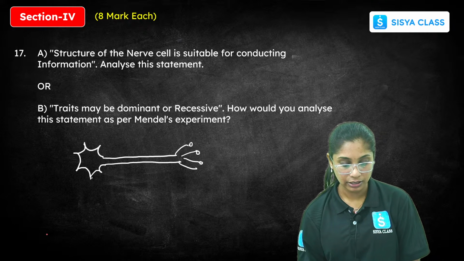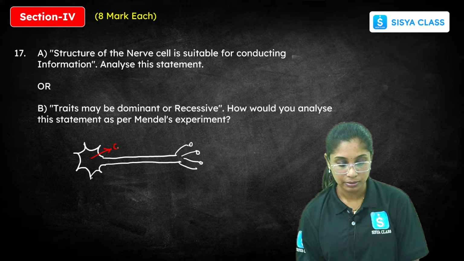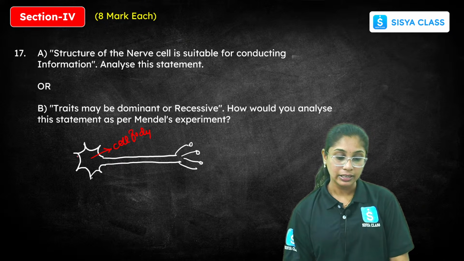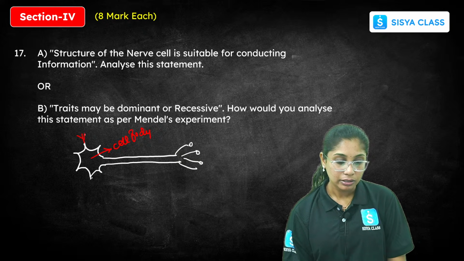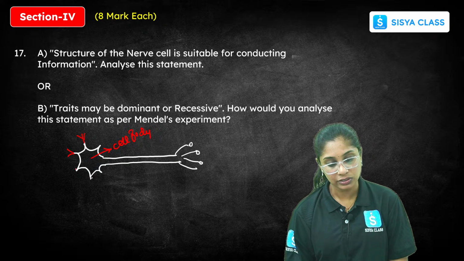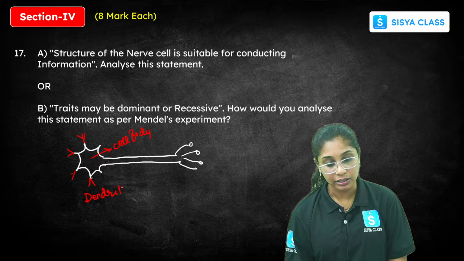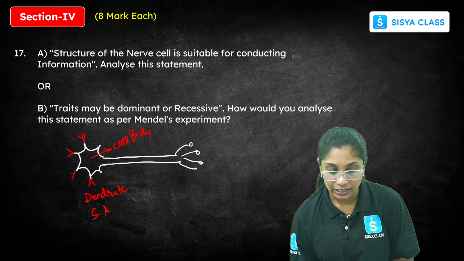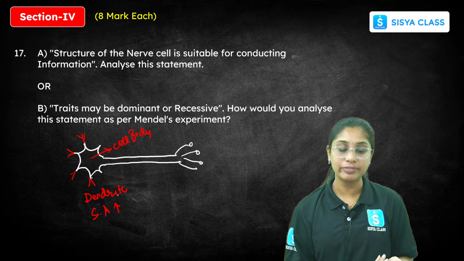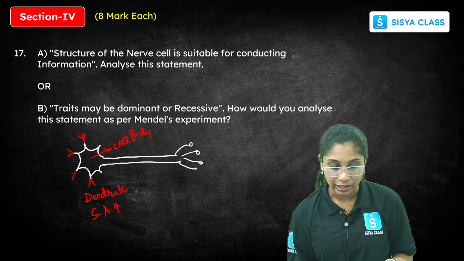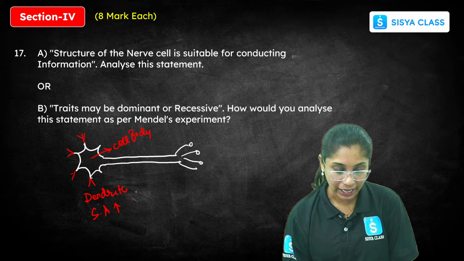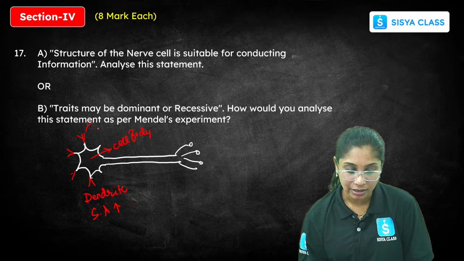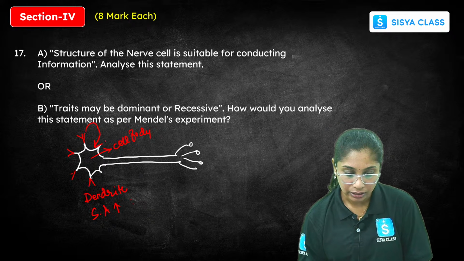So here, this is a cell body, right? We also call it cyton or soma. Here we have tiny, numerous, branched structures called dendrites. The dendrites are numerous and branched because that increases the surface area. The more the surface area, the more will be the acceptance of the chemicals, right? From the dendrites, the nerve signal is transported to the cell body.